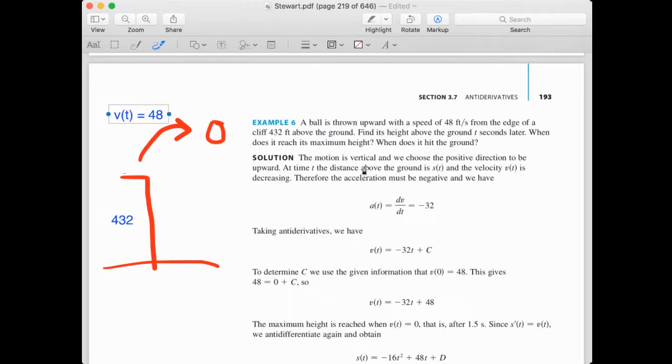At time t, the distance above the ground is s of t. And the velocity is s prime of t equals v of t, which is decreasing. Therefore, the acceleration must be negative. Acceleration equals dv over dt, which means v prime, equals negative 32. Where does negative 32 come from? Changing in v, dv,